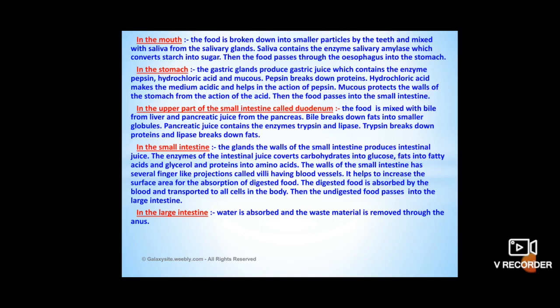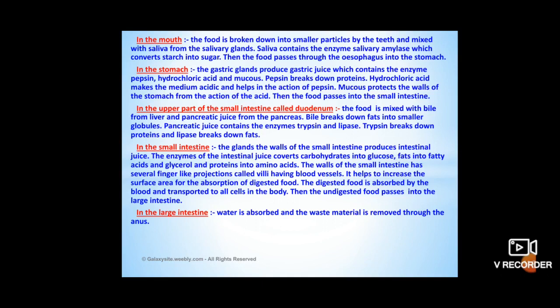bile juice is secreted from the liver and pancreatic juice is secreted from the pancreas. Bile breaks down fat into smaller globules. Pancreatic juice contains enzymes called trypsin and lipase. These enzymes are very helpful for further breakdown of proteins as well as fats. And after that,